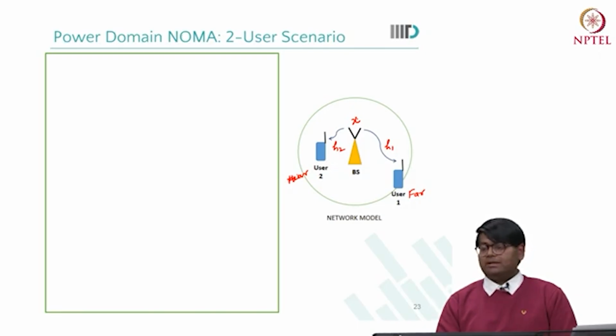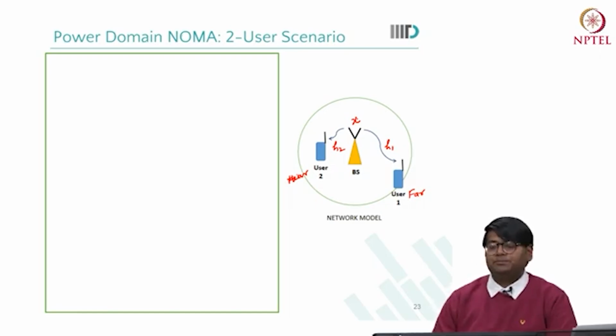Let's say the message for user 1 is x1 and the message for user 2 is x2. Then at the base station, the signal which is transmitted is given by